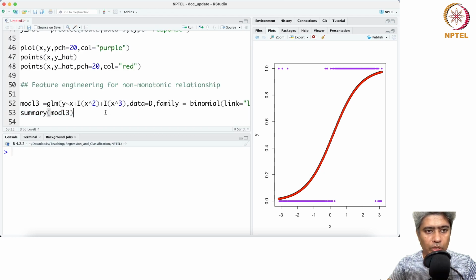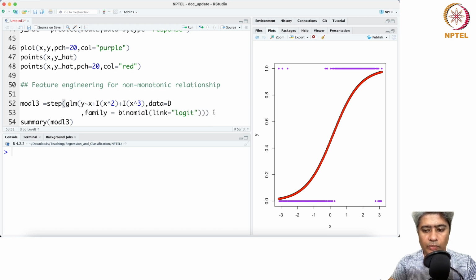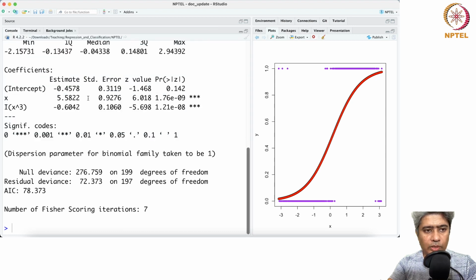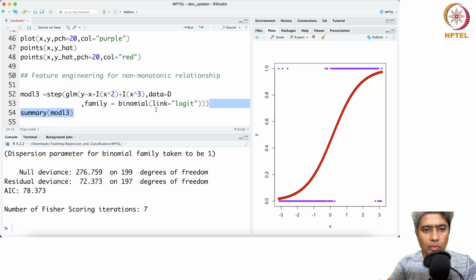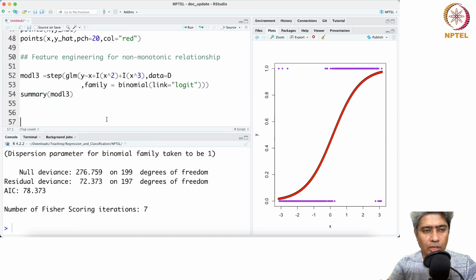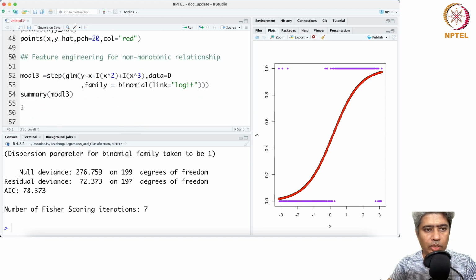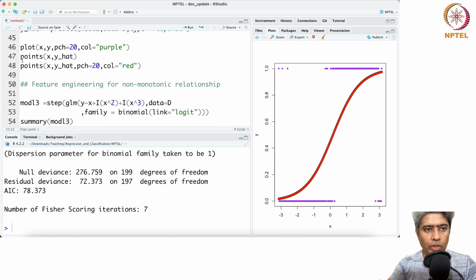So we can even do a step function that will do a stepwise selection. It will run, and it will make the model with only x and x cube. That is my best model. And then we can do a prediction based on model 3, and then now we can plot